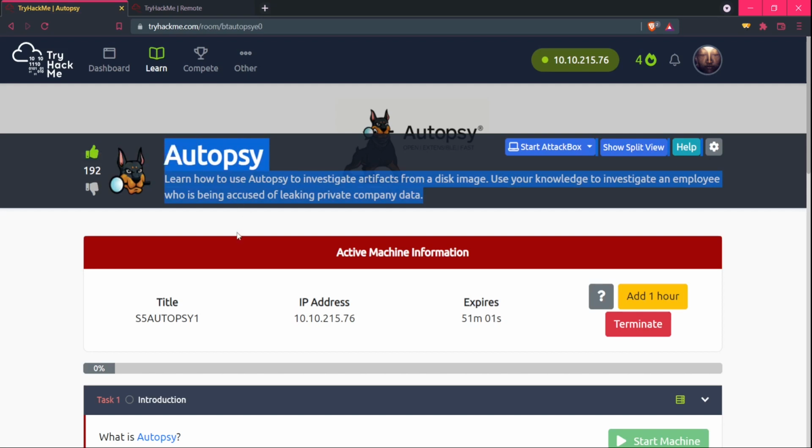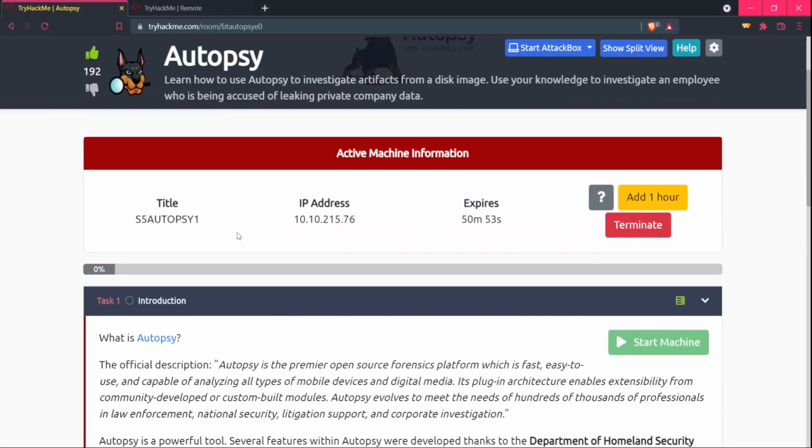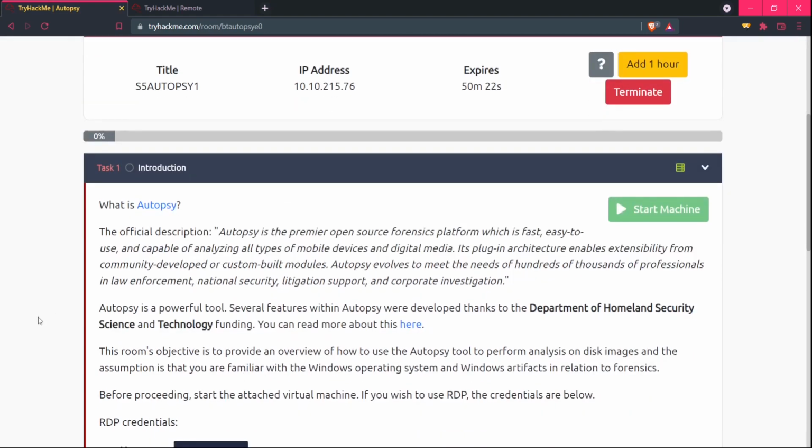Let's see, we can create a lot of content and help the whole community to get over TryHackMe and all the things which I found in my journey. So in this video we are going over a very important room which is related to blue teaming stuff, that is autopsy. So we are going to use autopsy and we need to investigate the artifacts which are given to us, and there is a VM attached. I have already started the machine, as you can see. I have already given the IP address also, and let's move on to the task 1, which is the introduction.